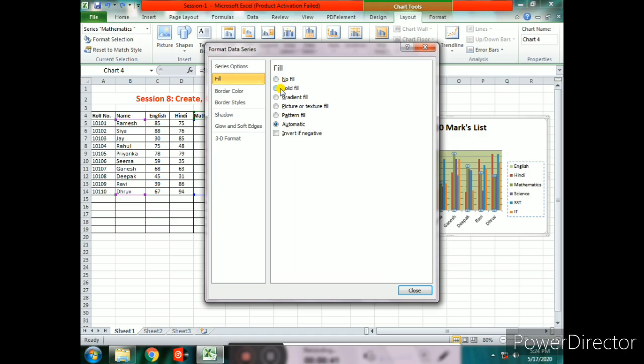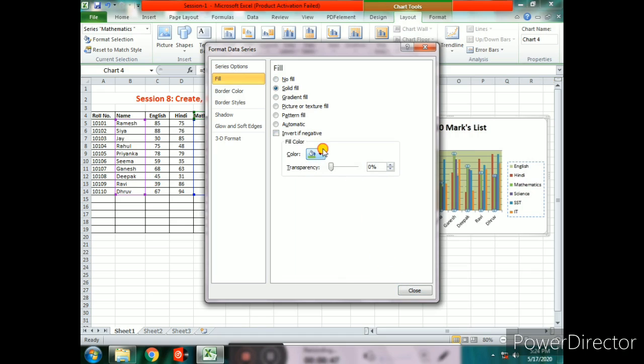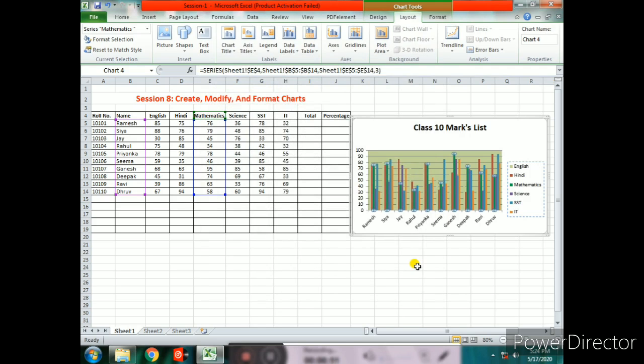Now click on fill, then solid fill, and as per requirement we can change the color of data. We can change the color of lines, data bars. So in this way we can format data series.